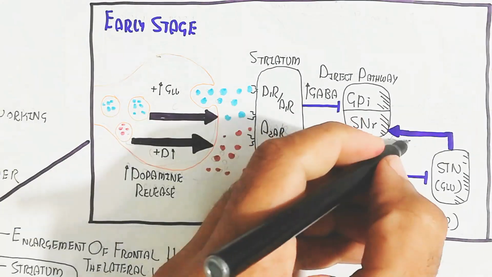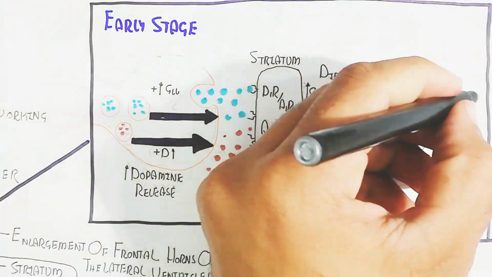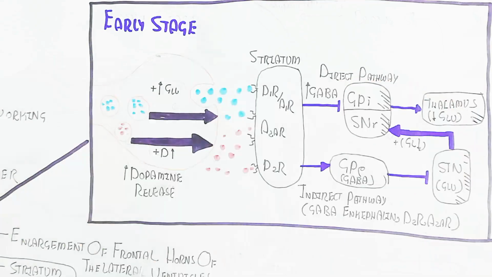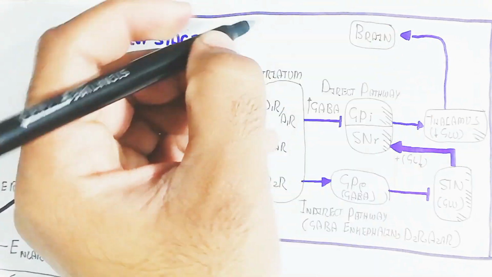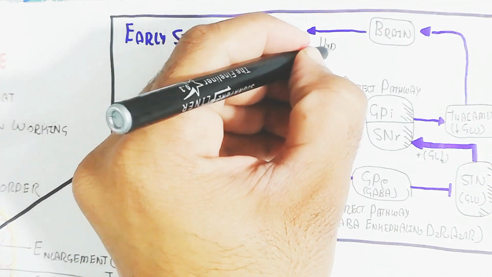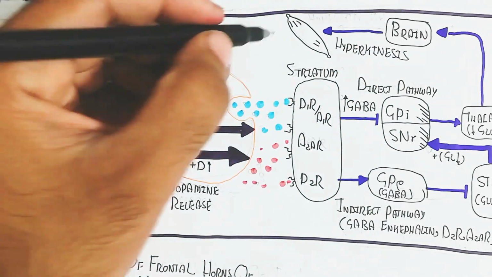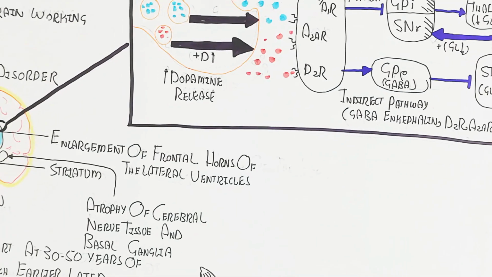inhibit the substantia nigra through production of GABA, and in this way the glutamate will not be produced more and it will not target, and the glutamate decreases, and in this way the globus pallidus internus and the substantia nigra will produce GABA and the direct pathway will be inhibited, and in this way there is no more thalamus stimulation, and the glutamate decrease leads to the thalamus not targeting the brain, and in this way the